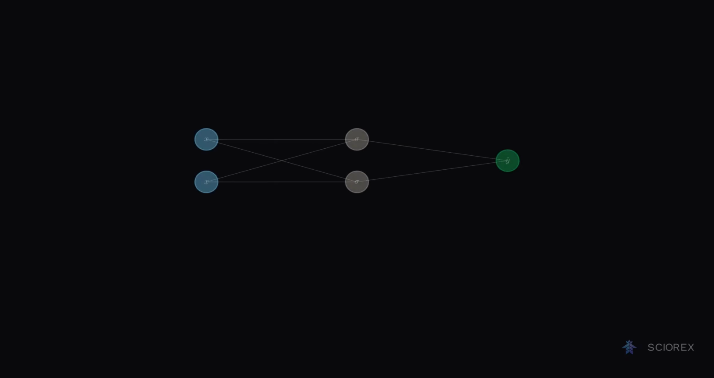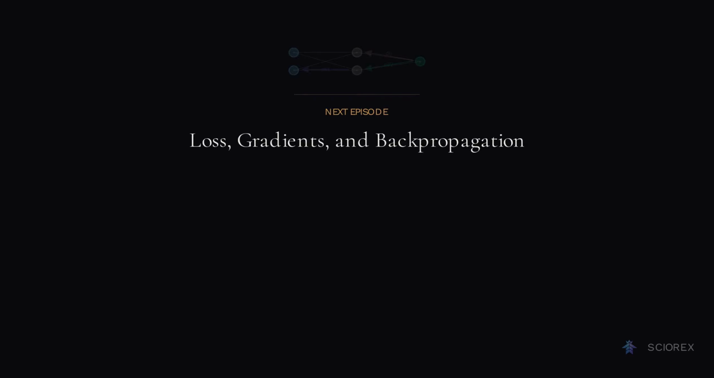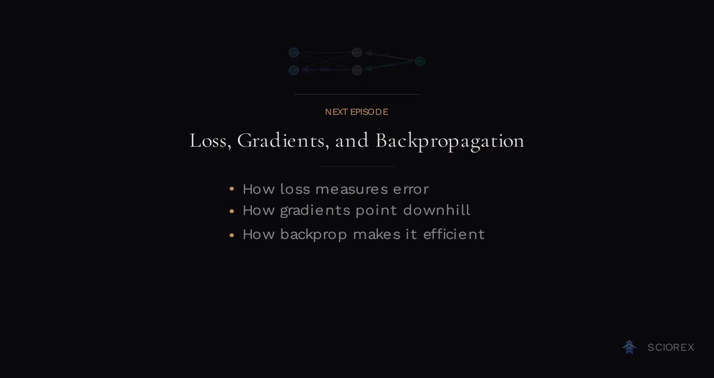We built a network. We trained it. It learned representations that solved XOR. But we glossed over something: the backward pass. Those gradient lines in the code, DW2, DW1, DH, where do they come from? How does the network figure out which of its 9 parameters to increase and which to decrease? That's the question for episode 4. Loss, gradients, and backpropagation. We'll see how the network measures its mistakes, how it traces those mistakes back through every layer,